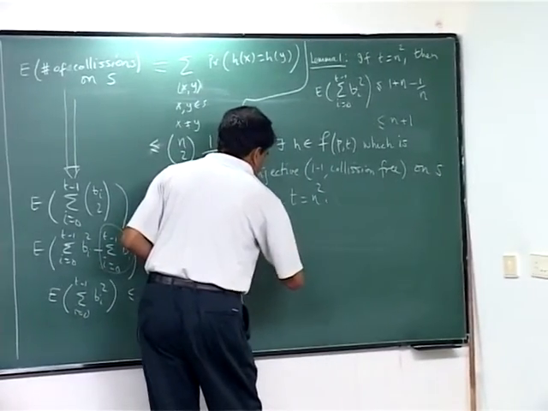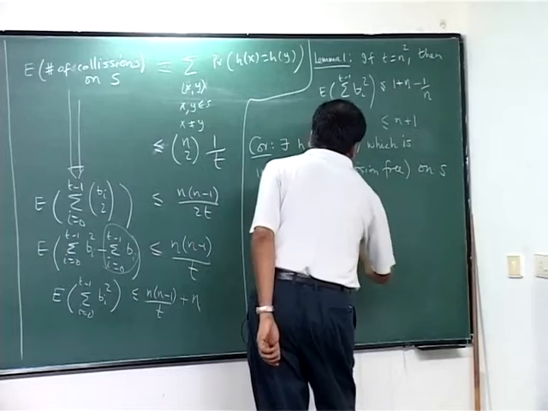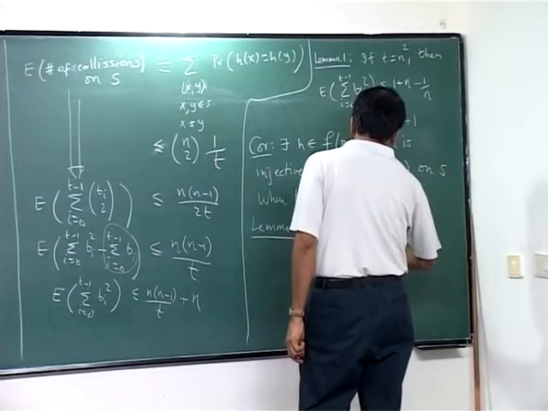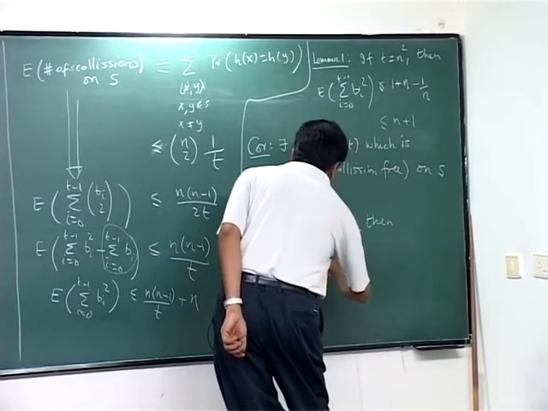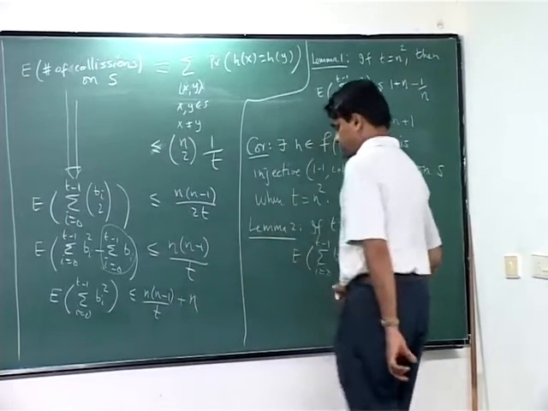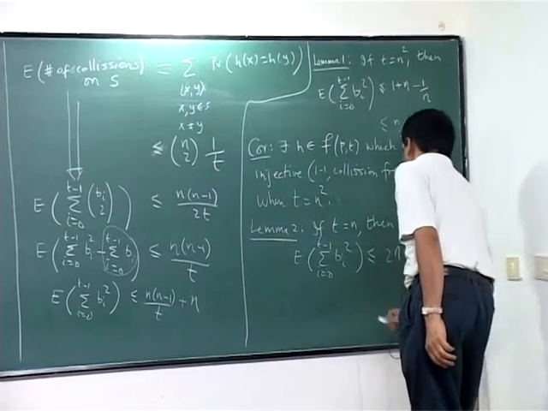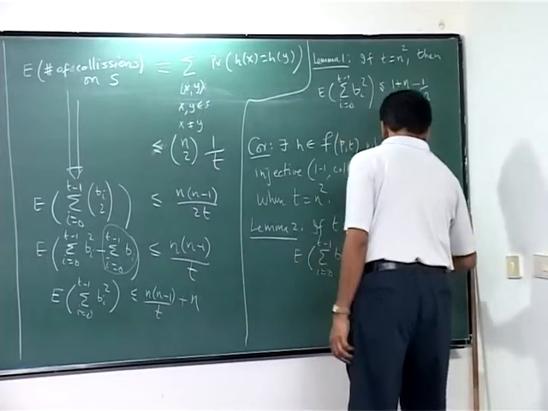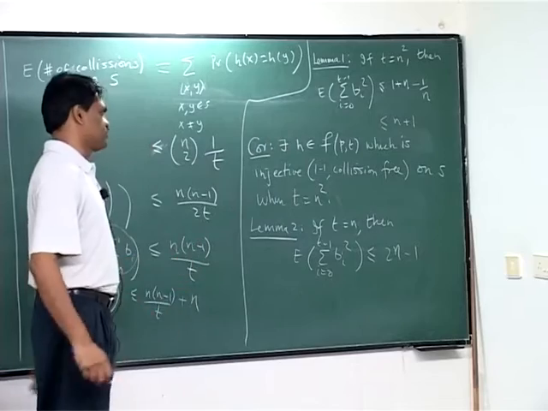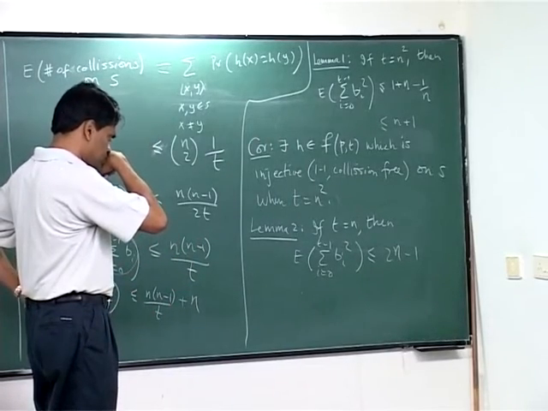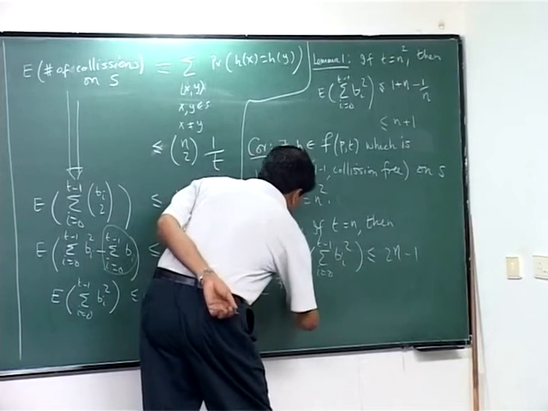Let's write 2t is n minus 1, you can put t equal to n, which means again a corollary is there exists a function